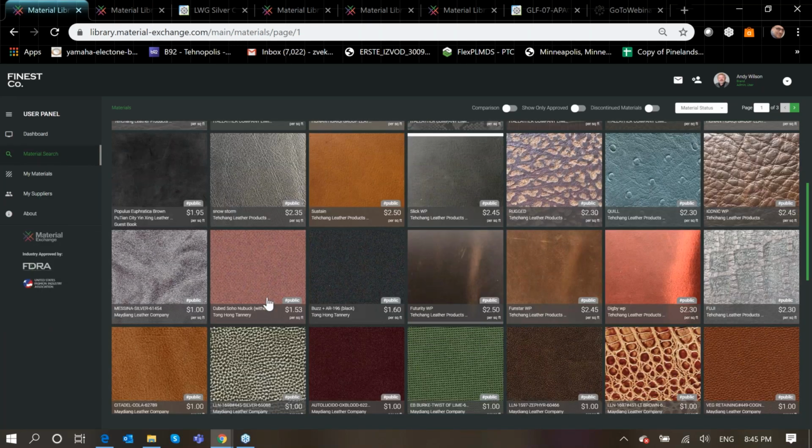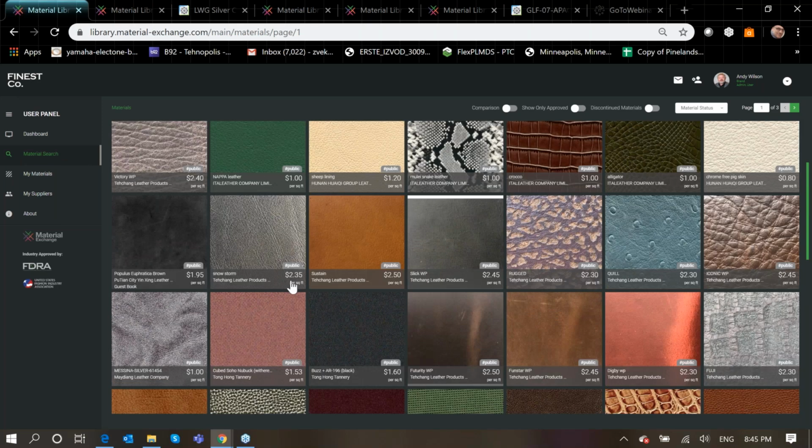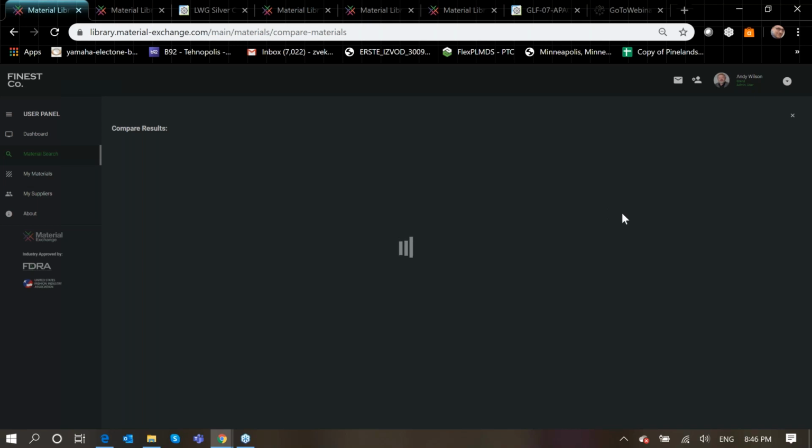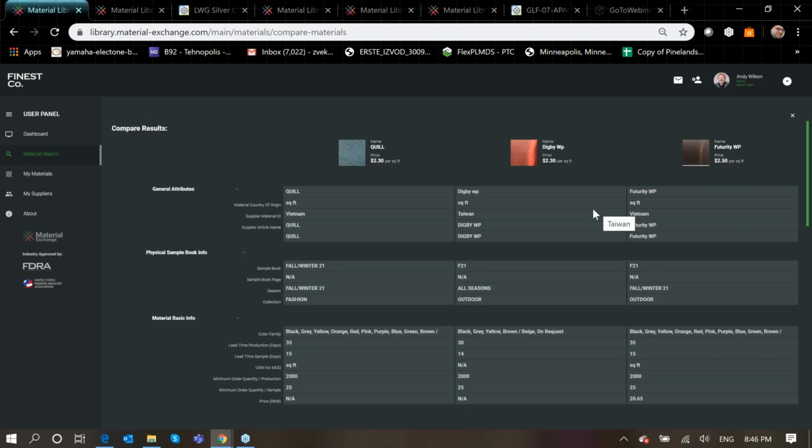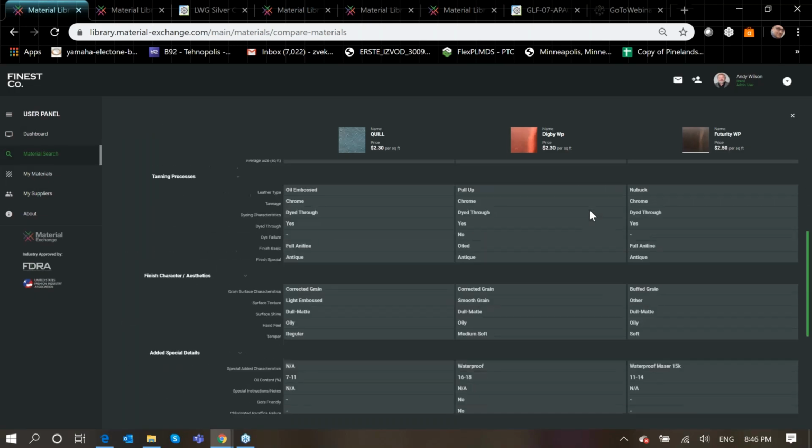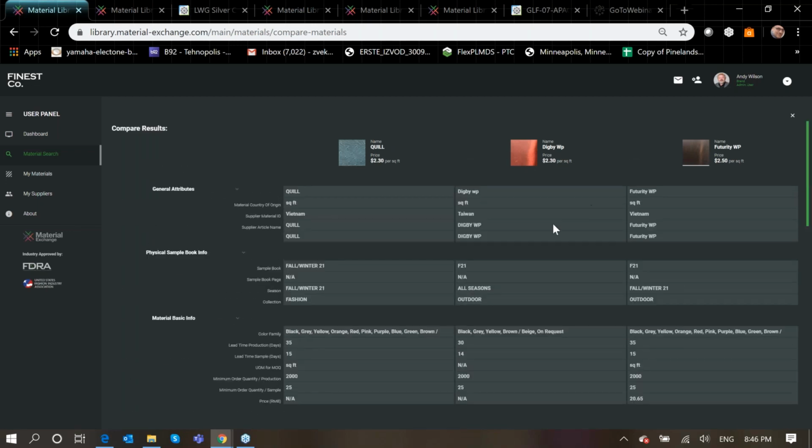And why, or how, can I use this data model and attributes? Well, I can turn on something very useful, like comparison. So I can pick a couple of materials by clicking these checkboxes and say, okay, let me see and compare these three materials, because I like them. They are something I'm considering, but let's see other properties. And now with this comparison, I can see all these attributes that any of these materials have,